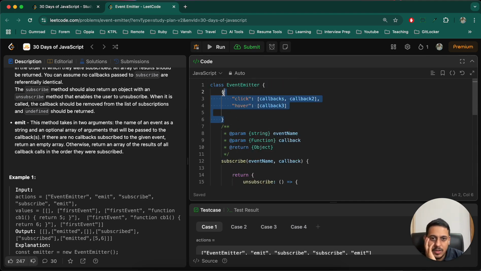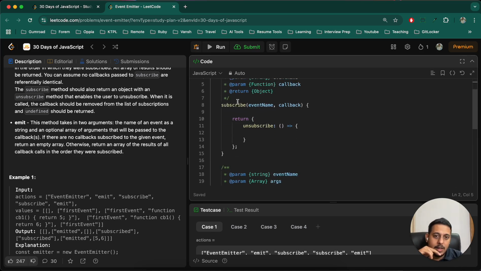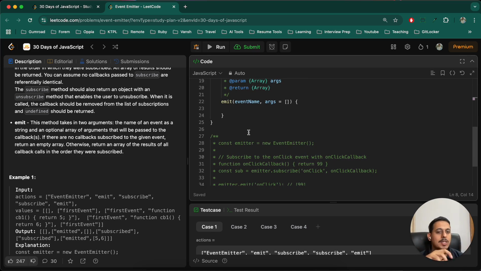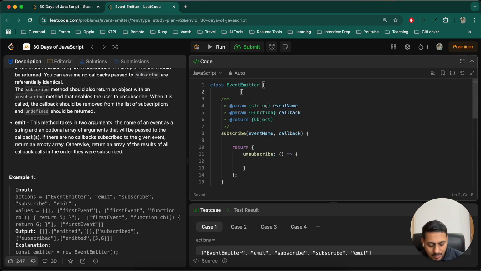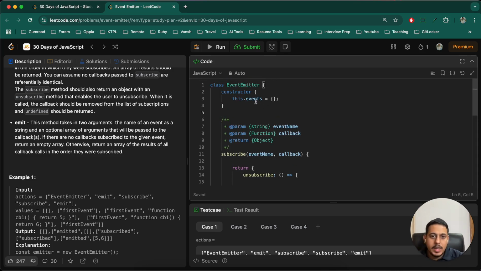Let's try. But the main point here is that the object that I created earlier will get used in subscribe, because using subscribe we are creating that object, and in emit also, because using that we are calling all the callback functions. So we will have to use a constructor, basically a global object here: this.events equals an object. Now we'll keep on adding events to this. I just have to check the key first. So let value equal this.events[eventName]. Okay, if this value